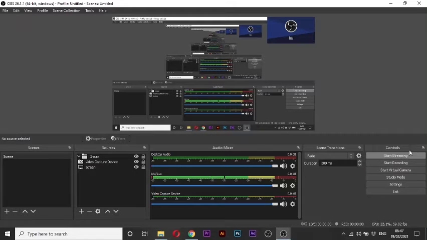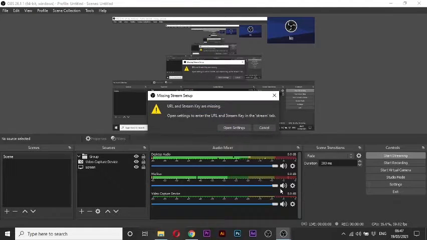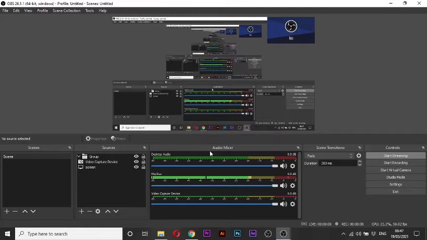Now I'm gonna talk about the control. So about the control, you have a start streaming. If you want to start streaming, you're gonna click it, and for the first time when you launch it, it's gonna look like this. So you're gonna open settings,